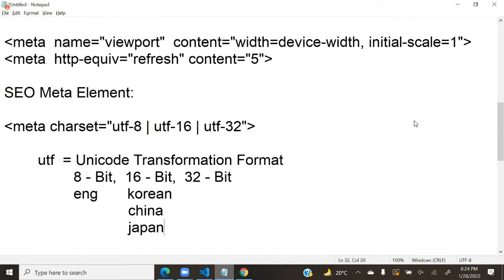Very important here is, if a much larger character set is coming than Korean, Chinese, Japanese, that means you have Arabic. When you see Arabic sites, their character set is very complex. Such languages are given with 32-bit size.